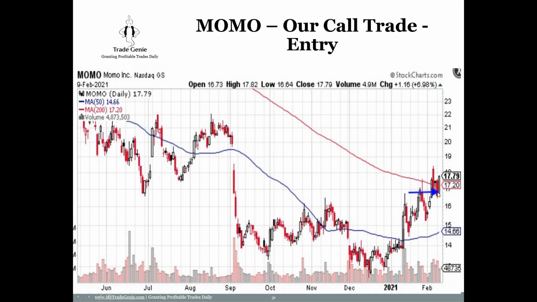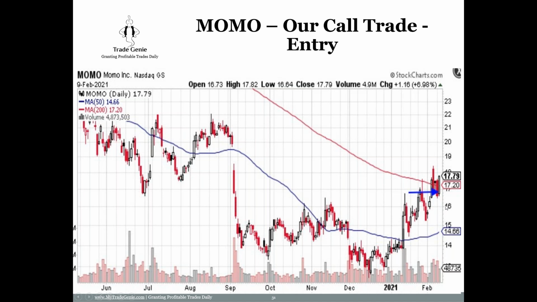If you look at this chart, Momo had 3 days of pullback, and then Momo is going up. What are the chances that after 3 days of pullback, Momo will come down? If it comes down, okay, I will lose money. Maybe there is a 15-year support zone. So this is the old support zone. Here's my risk, so I check the chances. If I go long here, and if it comes back down, I will wait for it to recover at around 15, 14, and then maybe average down, maybe buy more.